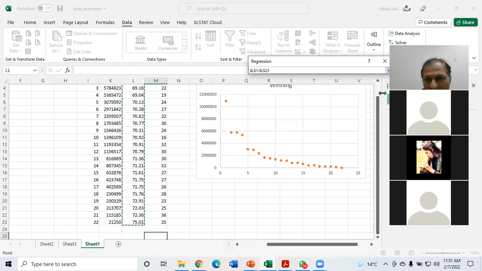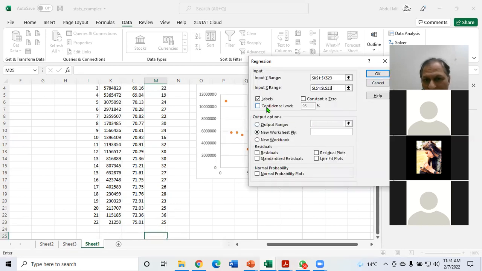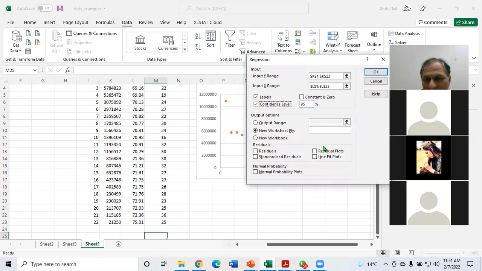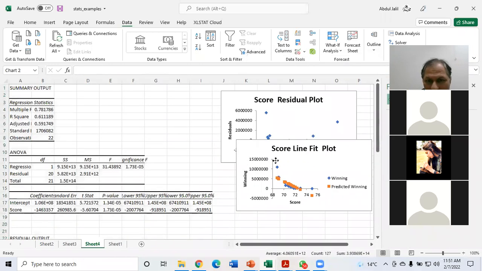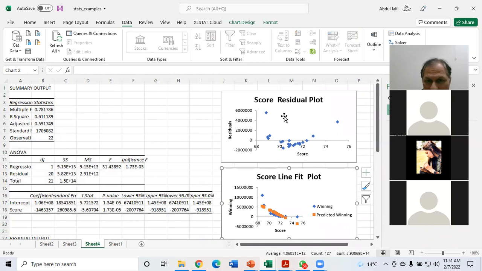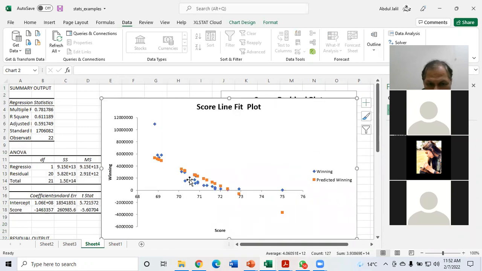So you calculate that. After this, you just find confidence interval for 5%, right? Anything else you need, residual plot, line fit plot, right? Okay. Now you'll get this one. Residual plots are not showing any systematic pattern, and line fit plot, I'm just going to make it broader so that you can find out. This is the predicted winning line. So it is this line, but actual data is mentioned here, right? So this is the one result.